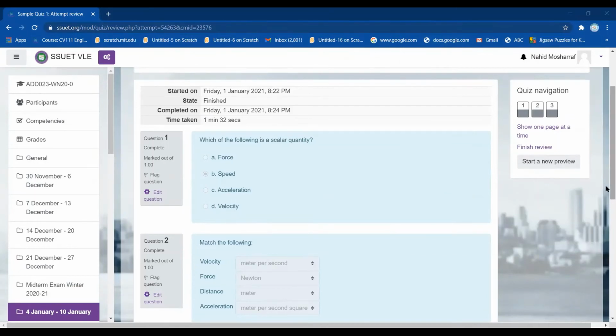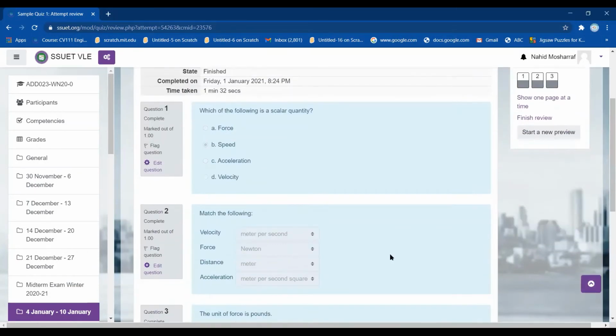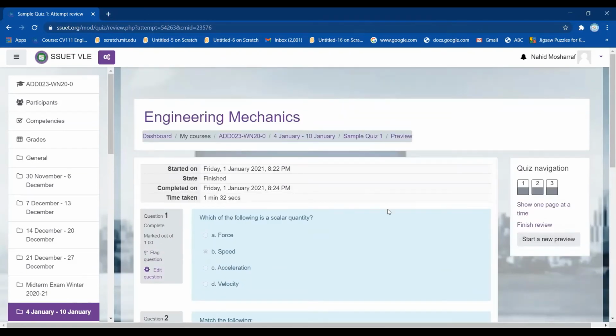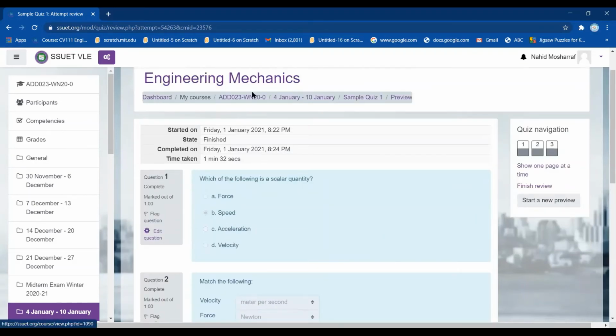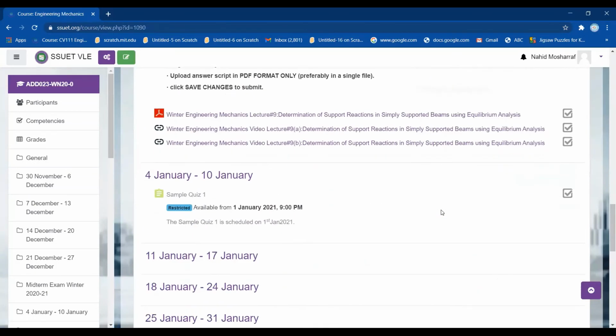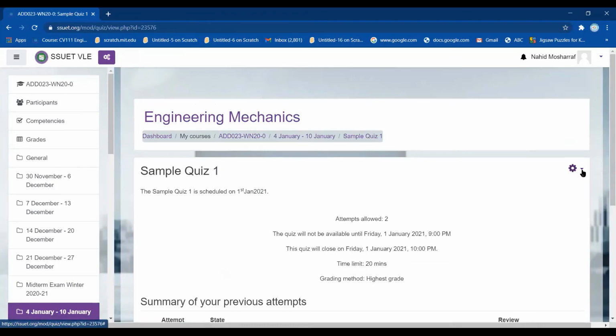This is the way to create the quiz, and you can see all the questions here, and it will be clear to all of you how you can create the quiz. So I am moving back, and I am going to tell you one more thing about this quiz. So let me show it. When I move it here, I will click on the quiz, and there are lots of things.